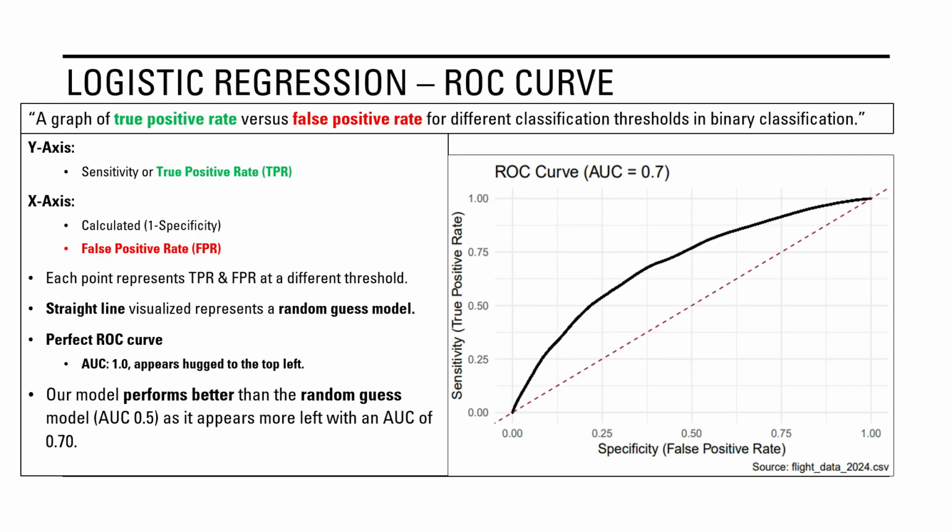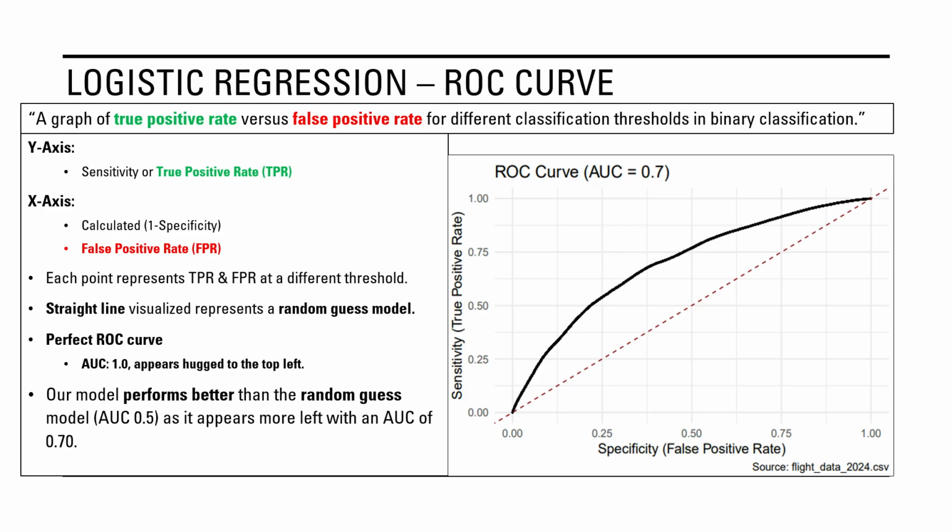The ROC curve shows how the model performs across every probability cutoff, not just the default 0.5. Instead of giving us a single accuracy number, it shows the full range of trade-offs that the model can actually make. On the y-axis, we have the true positive rate, and it visualizes how well our model identifies on-time flights. While on the x-axis, we have the false positive rate. And this shows how often the model accidentally marks a delayed flight as on time.